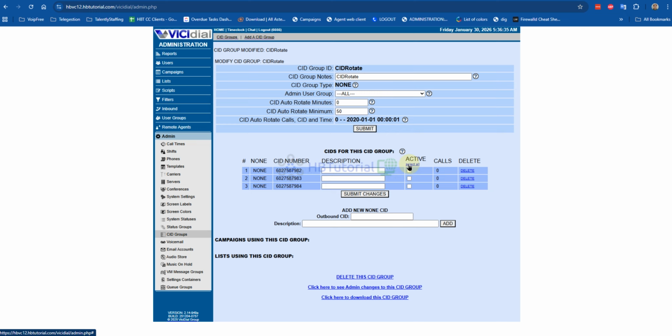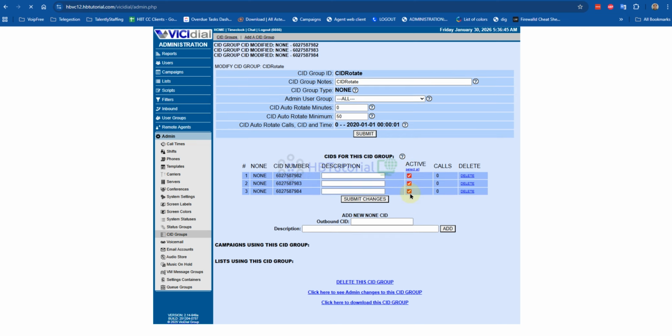So mostly our setup is we just select them all, and then every time a call is placed, it will use one of them randomly.